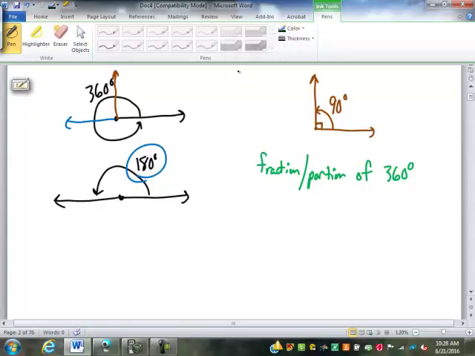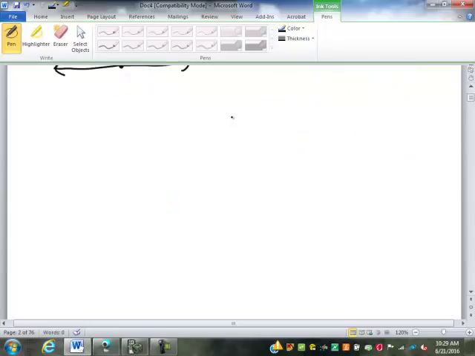For this class, we're not going to be using protractors and actually measuring the angles. We're just going to be working with the numbers once we're given the angles. Now, once we have the angles, there are some relationships that we can deal with. For example,